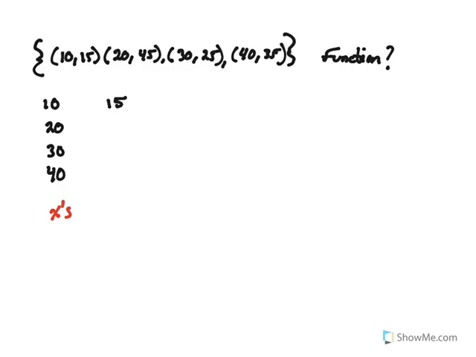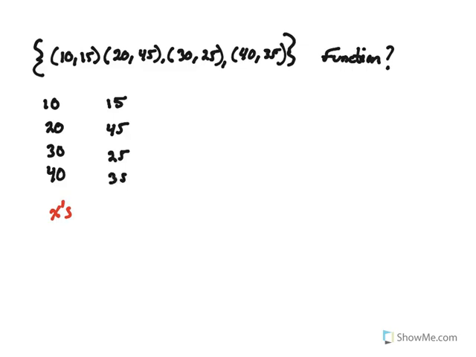Yeah, 15, I'm losing track here. Okay, sorry, I'm looking at the other coordinate. The first one is 15, okay? So the second one would be 25. Okay, so you got 20, then you got 45, then 30, and then 25, and then 40